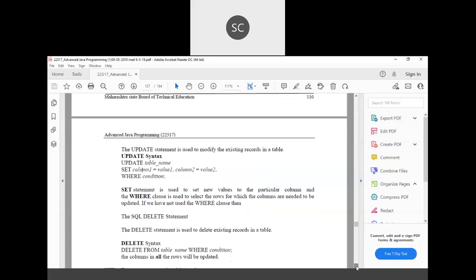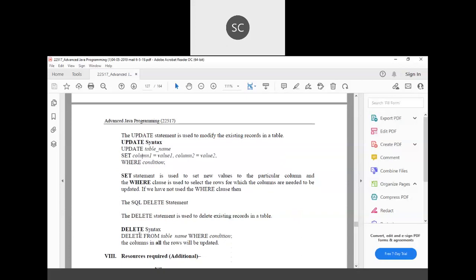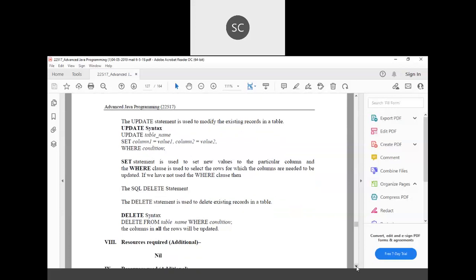Similarly, the delete command, SQL command, is like you delete certain rows from a table which match certain conditions. In our case, I mentioned I want to delete a product where the product name is iPhone 6. So I'll write delete from product table where condition is where pname equal to iPhone 6. So it will delete all the rows in a table which have product name as iPhone 6. So we'll be seeing a program.